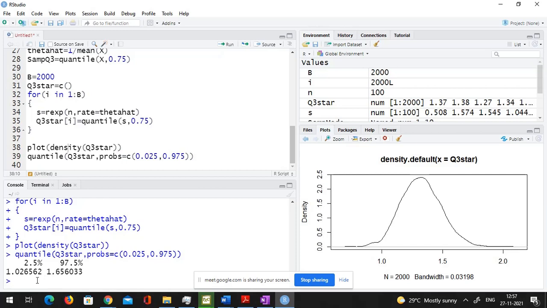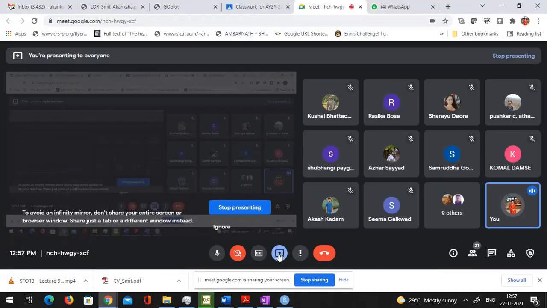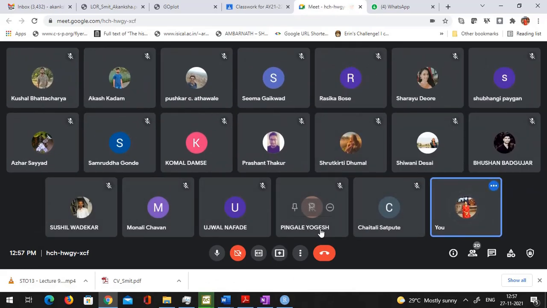Okay, so I think I will stop here for today. As I said, homework is to do this for mode. Please start using R. This is an applied course. You have to use R extensively. Then only you'll get comfortable with this. And I have posted very small, very easy practice exercises.